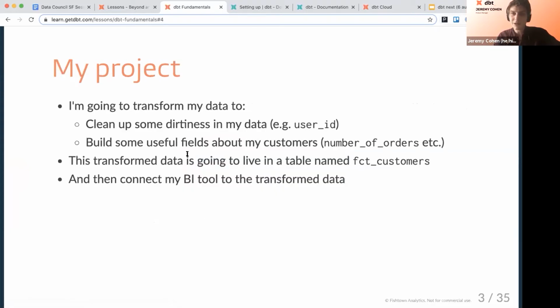There are some useful fields that I need to build up. And at some point, I don't want people to have to write the same join logic over and over and over when I know that they're going to need some useful recapitulation of orders and customers every single time. So I can connect the BI tool directly to that transformed data.